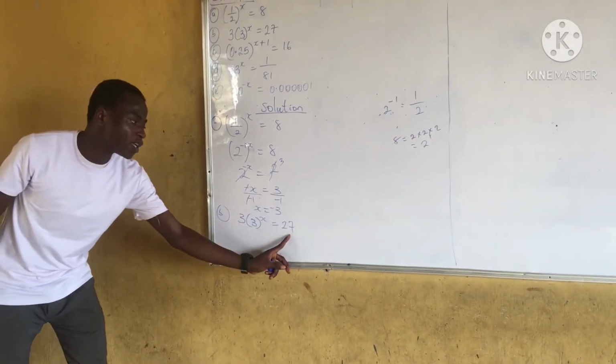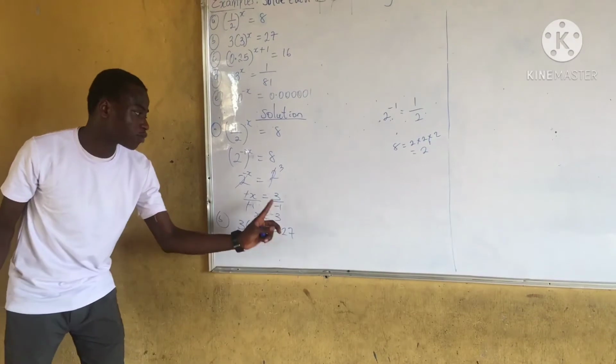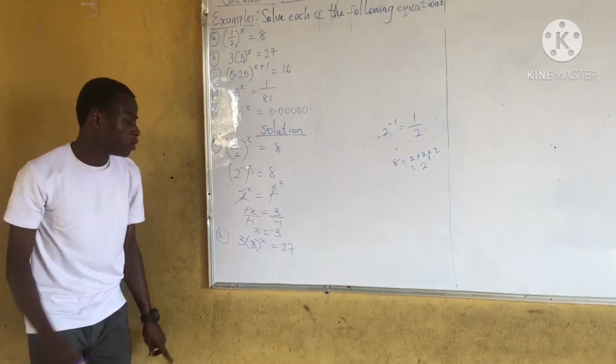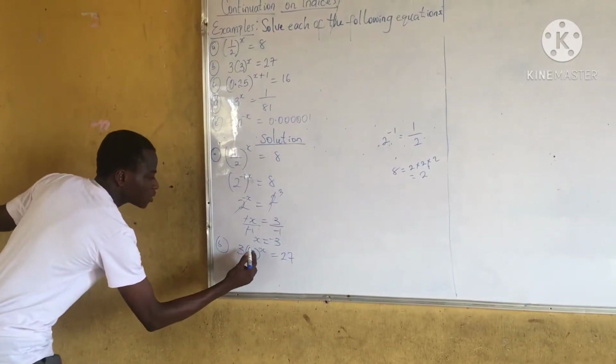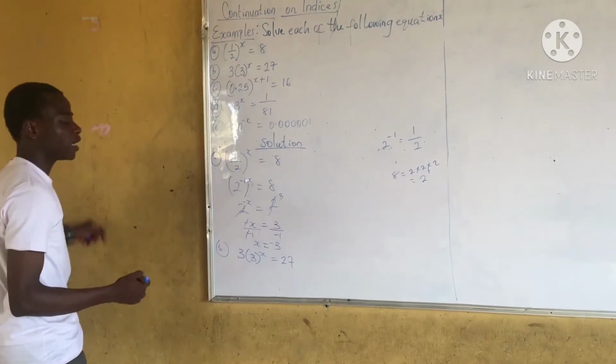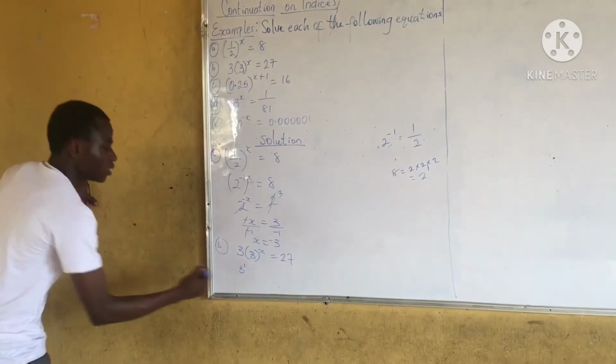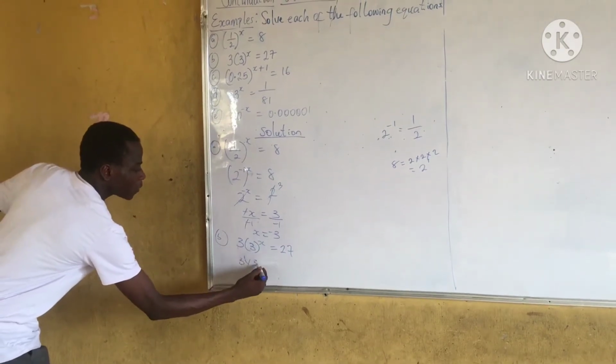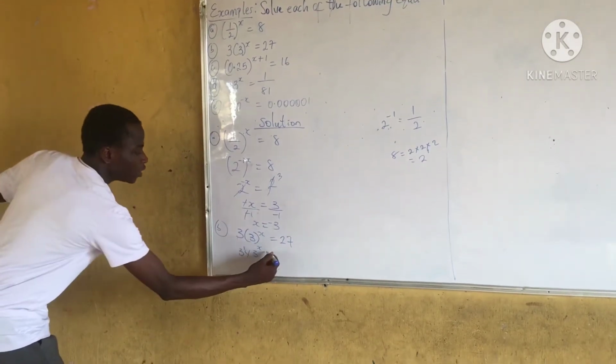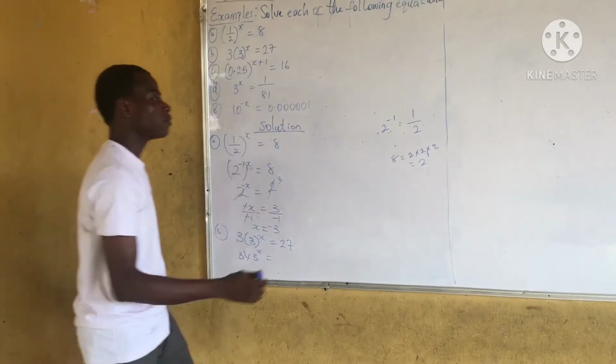You make 27 as an index form, as you make 8 in an index form. So let's first say 3 times 3 raised to power what? You can say 3 raised to power 1 is 3, times 3 raised to power x, then equals 1. Then 27 as an index form becomes